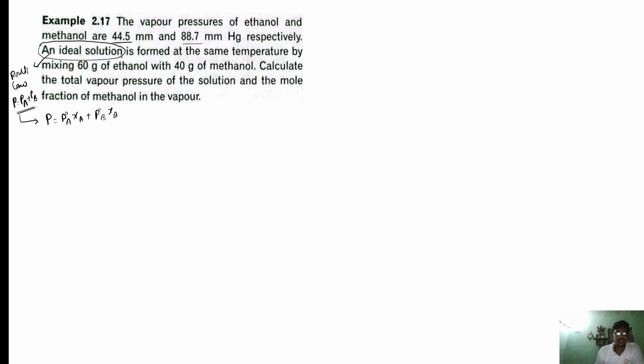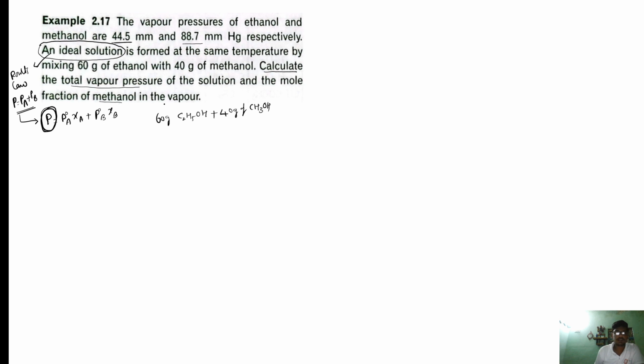And they are telling that an ideal solution is formed at the same temperature by mixing 60 gram of ethanol, C2H5OH, plus 40 gram of methanol. Methanol is CH3OH. When they are mixing this much amount, it is forming an ideal solution. That is clear. So now they are asking you to calculate the total vapor pressure of this solution